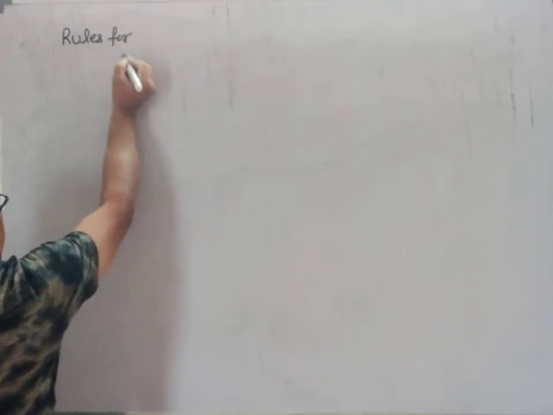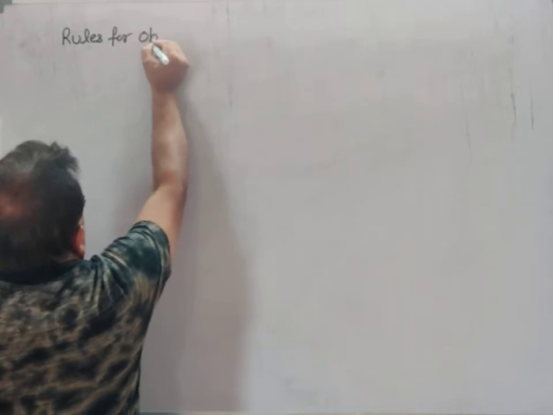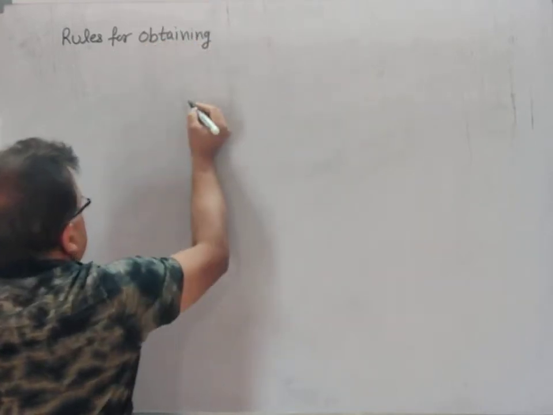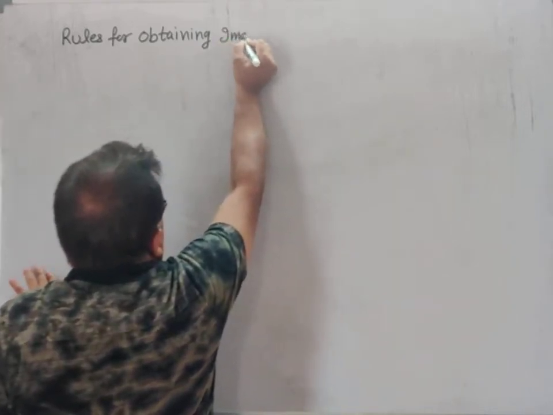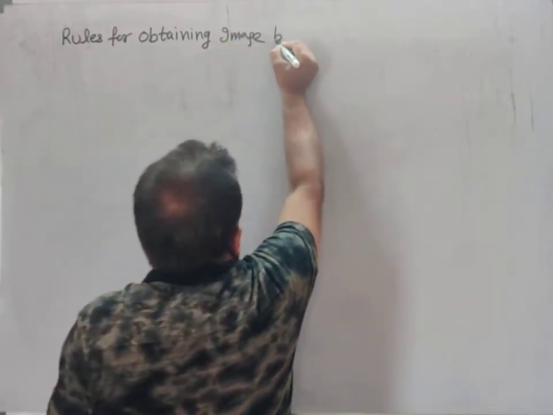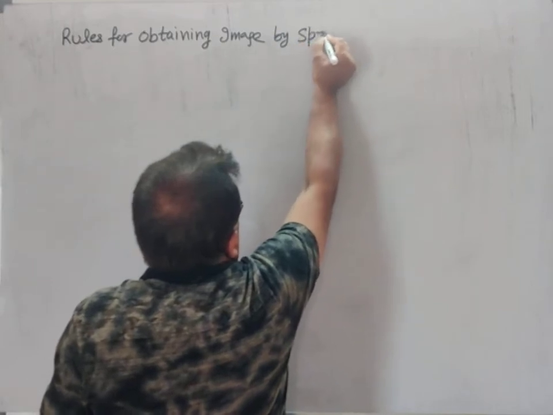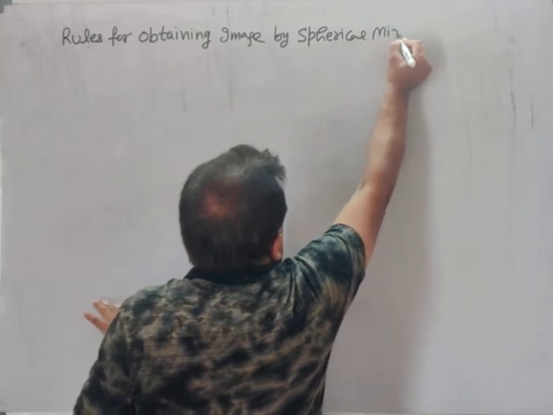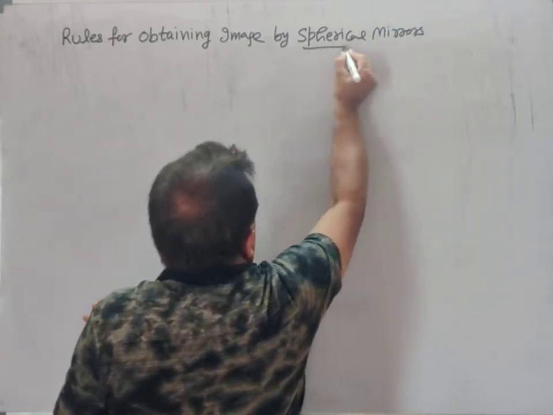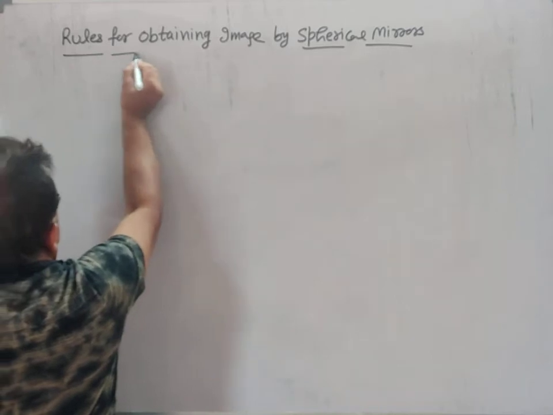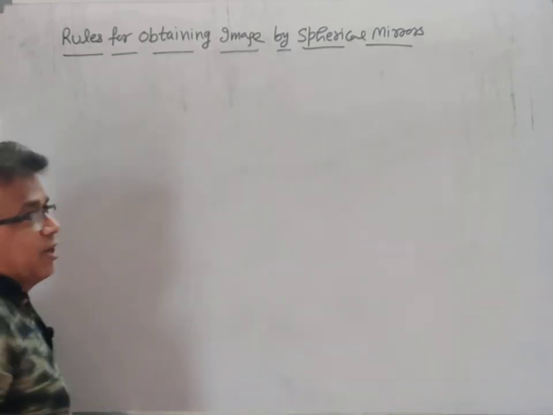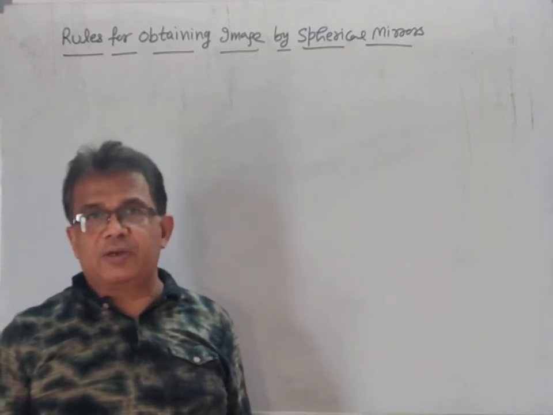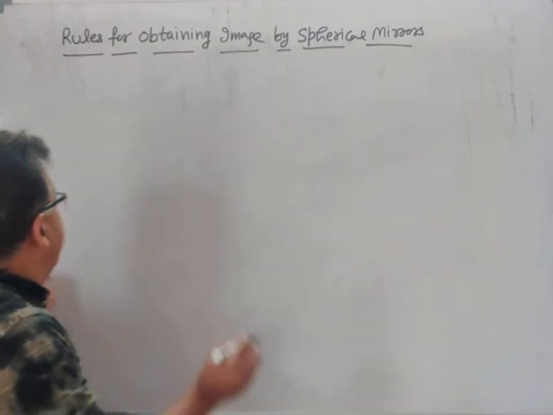Rules for obtaining image by spherical mirrors, that is by concave mirror and convex mirror. There are 4 rules. First is